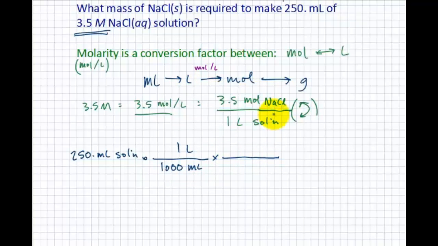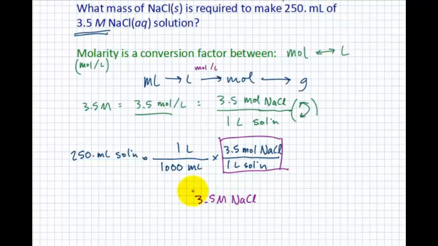Now I need to use moles per liter. 1 liter of solution contains 3.5 mol. This entire fraction right here came from the fact that we were given 3.5 molar NaCl in the problem. This M means moles per liter, so that M never shows up in a conversion factor. That's never a unit that we cancel, because that M itself means moles of one thing per 1 liter of the solution. So if you can understand this, 3.5 M becomes that conversion factor, then I think you'll be